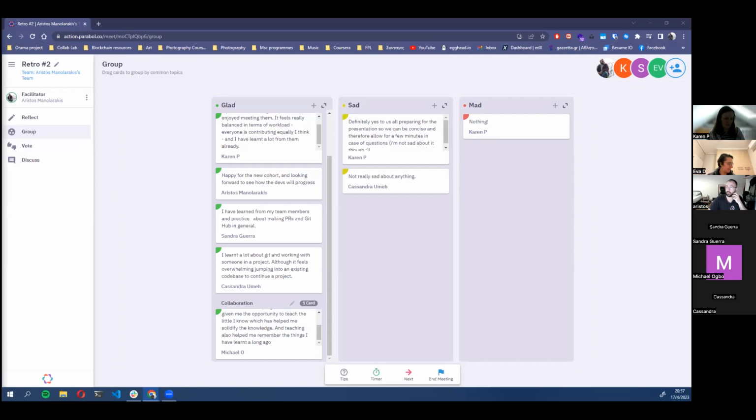And also about the code base, coming into the code base and seeing it's pre-populated. I think the first thing I did was just trying to run the live app, the completed app, and trying to understand how everything was working, and then trying to relate each component to each functionality I could see on the final page.